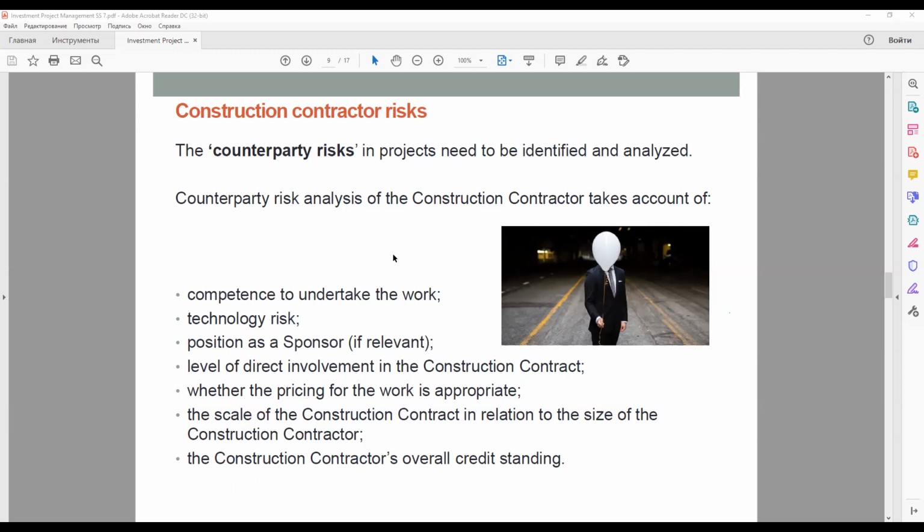And this situation, when the construction contract price is too low or too high, can also arise for the main contractor. So there is the risk of the construction contractor offering too low a price, however attractive this might seem at first sight, and conversely, a price that is too high suggests at best that there is not an arm's length relationship with the construction contractor, which is likely to leave the project company's lenders in a weak position if something goes wrong, and at worst, that corruption is involved.